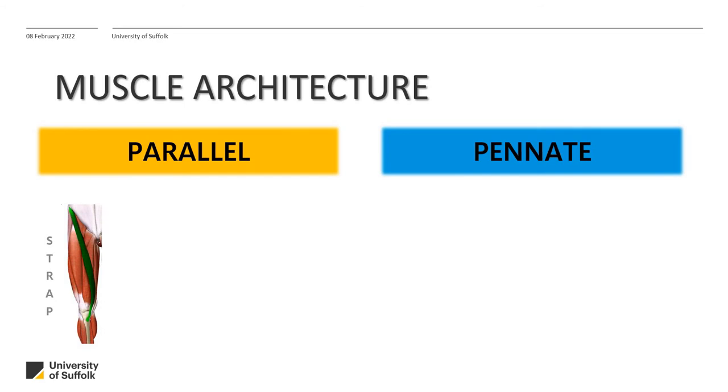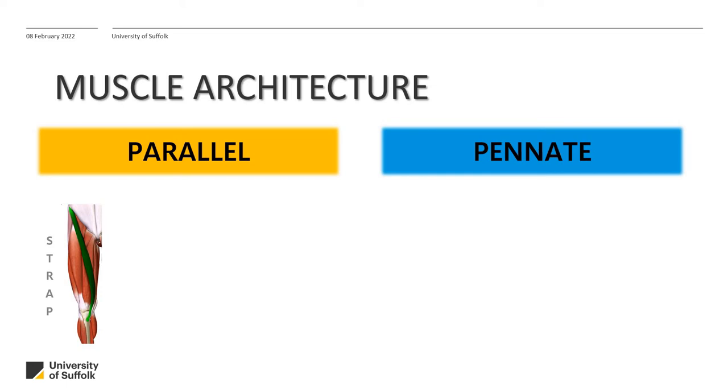A good example of this would be the Sartorius muscle here. This is the longest muscle in your body. It originates from the front of your pelvis, the anterior superior iliac spine, and inserts down on the tibia, as you can just about see there. It is sometimes referred to as